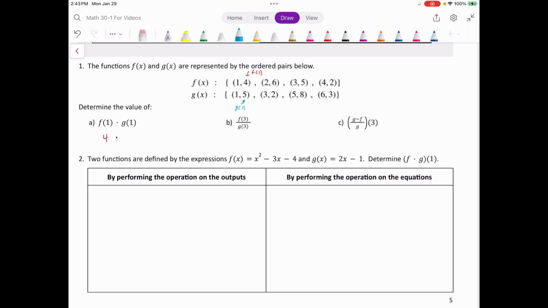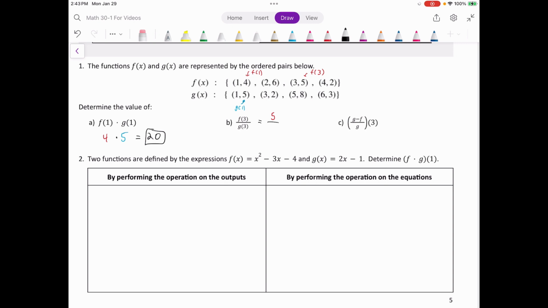Right? So this is just 4 times 5, or 20. That's f of 1 times g of 1. All right, f of 3 divided by g of 3. So we've got to look for the value of f when x is 3. Let's see. 1, no, 2, no, 3. Aha! When we input 3 into this function, the output is 5. So this is f of 3, right? Means this is literally going to be 5